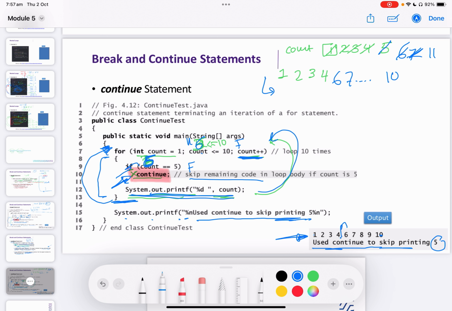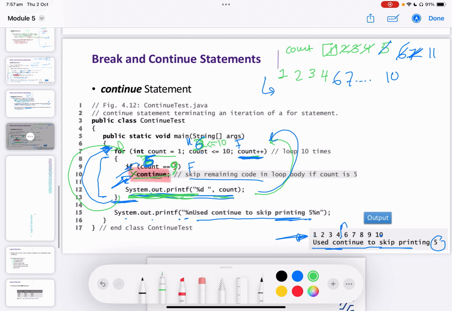If you want to skip the printing of, let's say 3, then you are going to replace 5 with 3. If you want to skip printing the value of 9, you're going to have 9 here, and so on. So continue just skips the remaining statements of the loop and starts a new iteration again. I wish this is